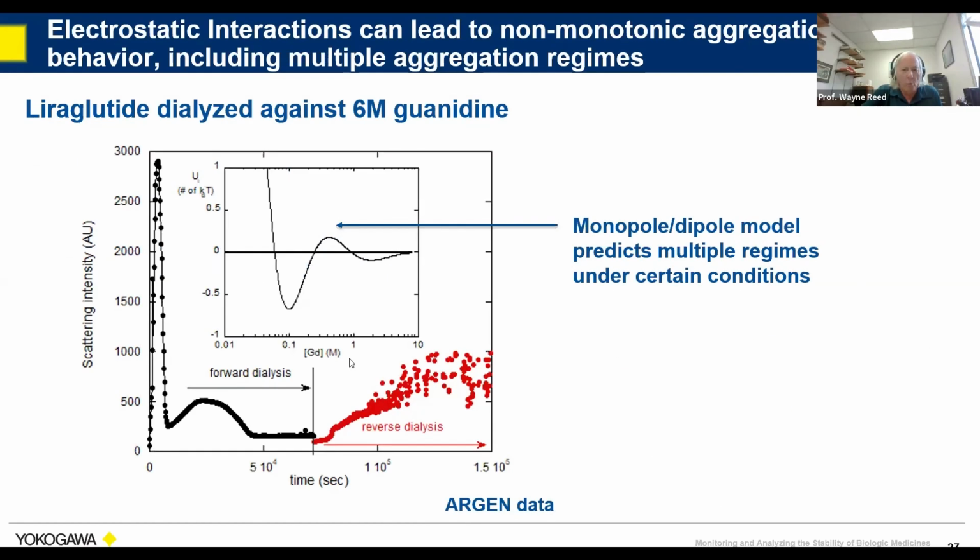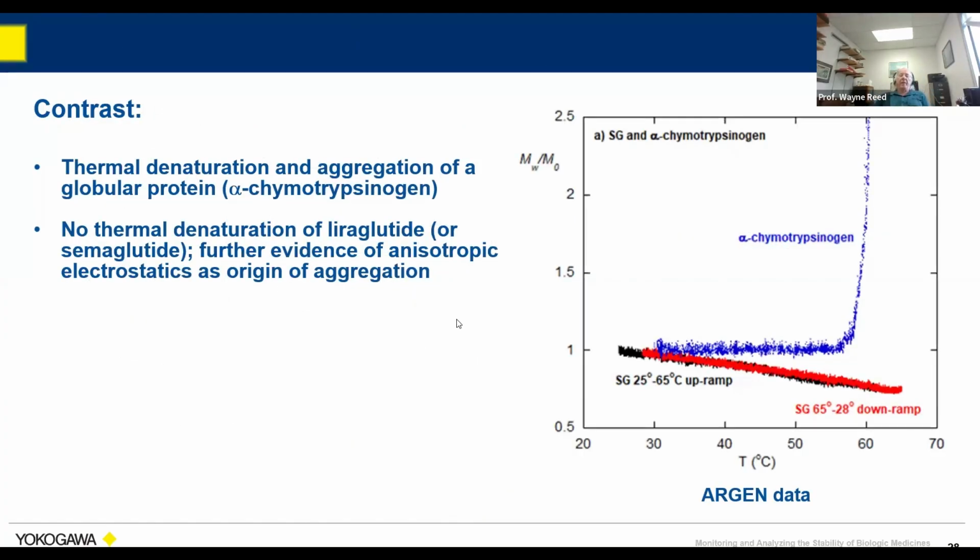Okay, and then one more test, because usually when you're dealing with proteins, they denature under one of those stresses we talked about, temperature or mechanical stirring. It's the hydrophobic effect, right? You unfold it and the hydrophobic moieties are exposed. Water doesn't like to solubilize those, so the water is shed, vastly increasing the water entropy and pushing the hydrophobic moieties together. And so that's what we see here.